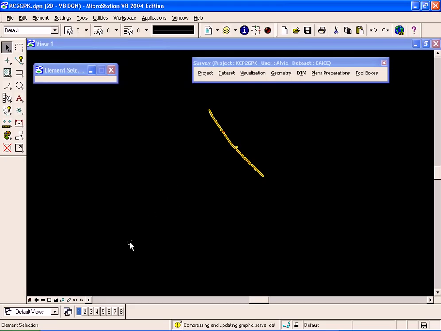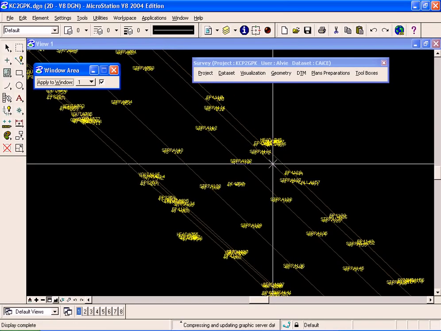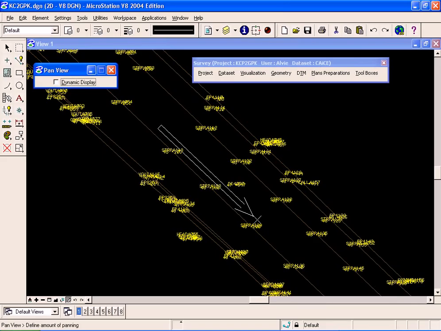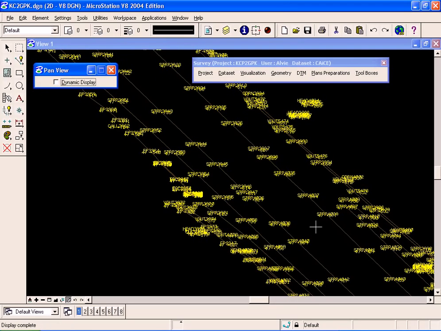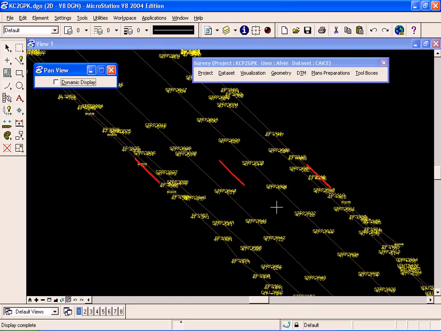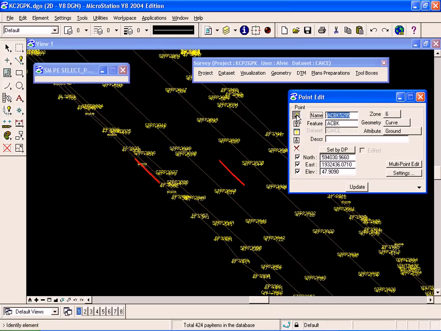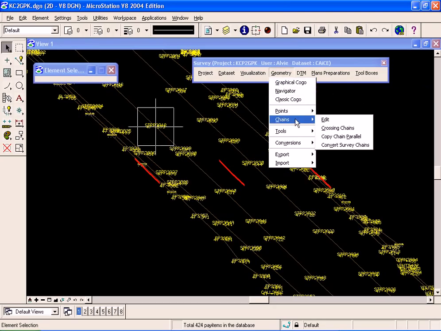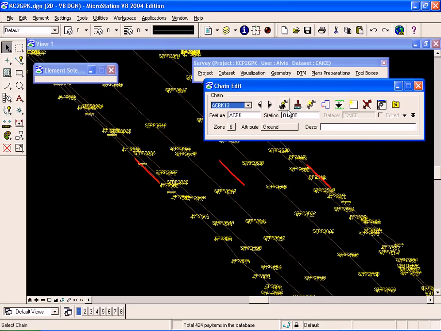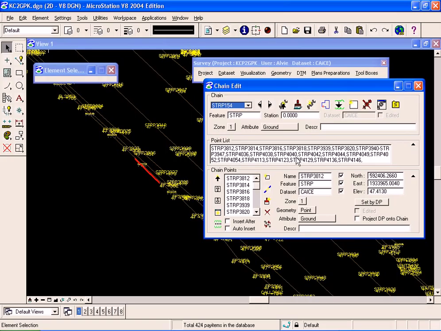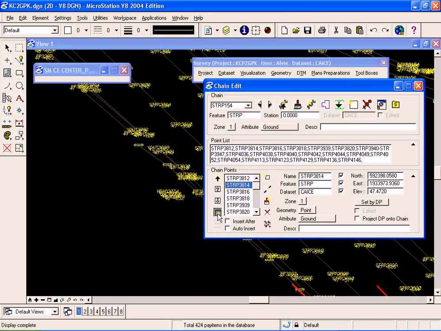Now that our file has been imported, I'll zoom in on an area, and we can see our points and survey chains for this roadway. Now that they're in the GPK database, I can of course edit points just as I would with any type of GeoPack database, and of course I can edit my survey chains. Select a chain, and I will see the chain point information, and of course I also have the ability to center up particular